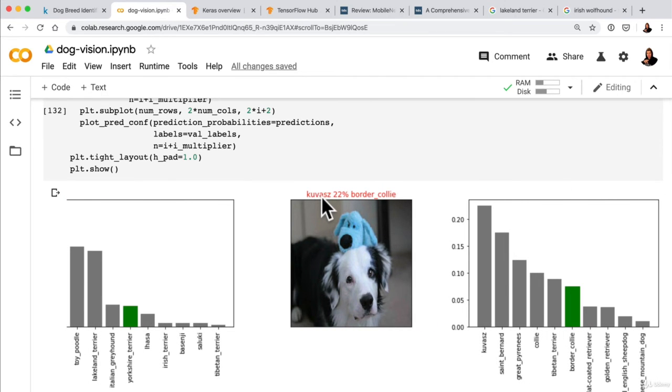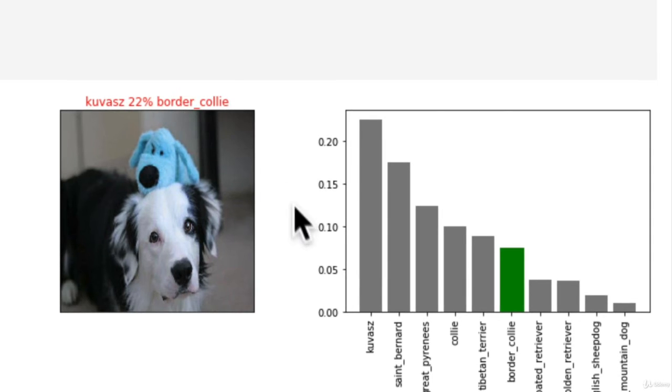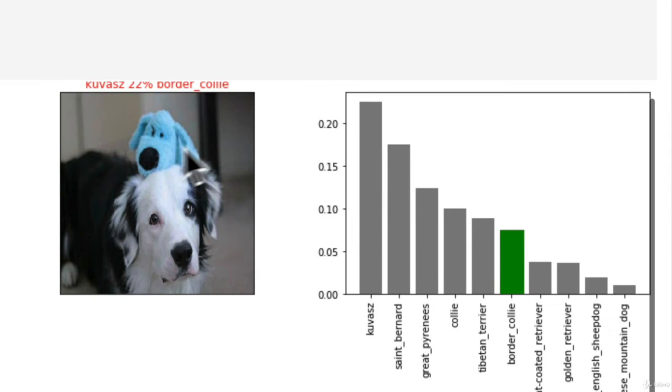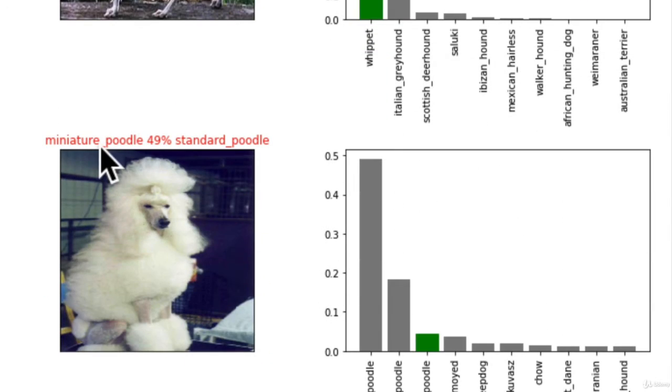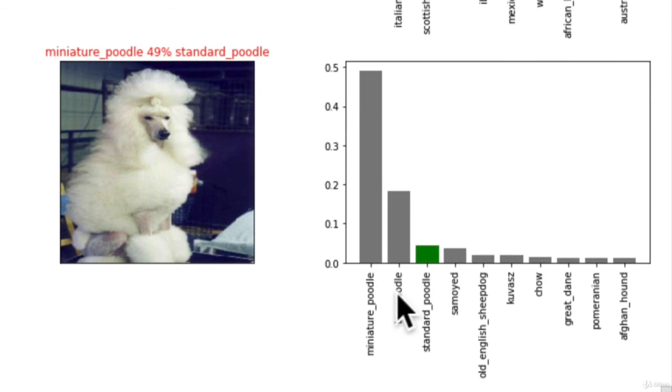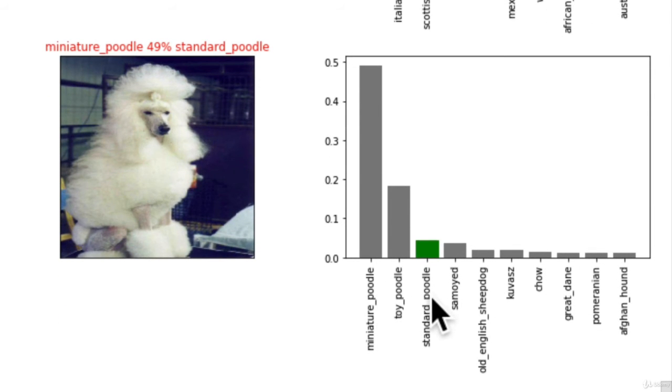This is predicted Kuvasz, but it's actually a Border Collie. And now you can see how it's probably got confused because there's another dog there. Whippet. Miniature Poodle, Standard Poodle. Look at that. How fancy is that? Oh, okay. So see here, the top 3 labels are all poodles, but it's a Standard Poodle when it's predicted